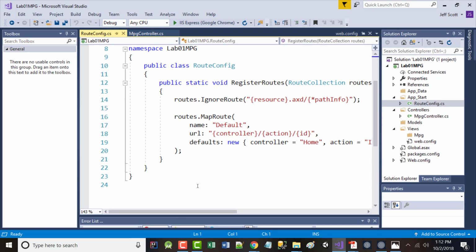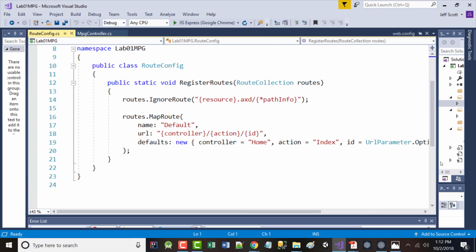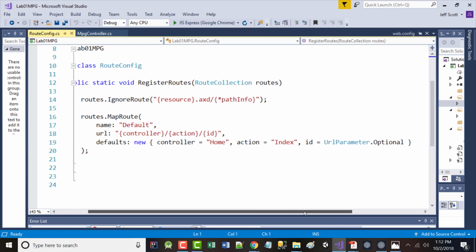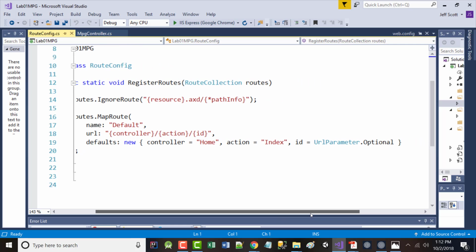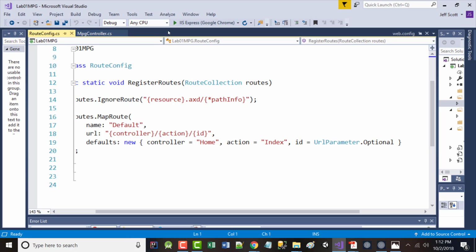Notice if we look right here, we only have one controller, but look at what's in our route config file. When we're running it, by default, it thinks we're trying to do what? We're trying to run the home controller, the index method underneath that, and we can have a parameter. All right? Again, who cares? Well,